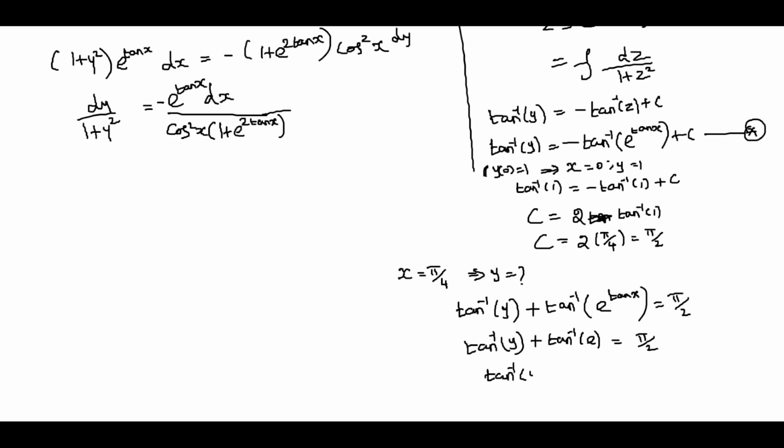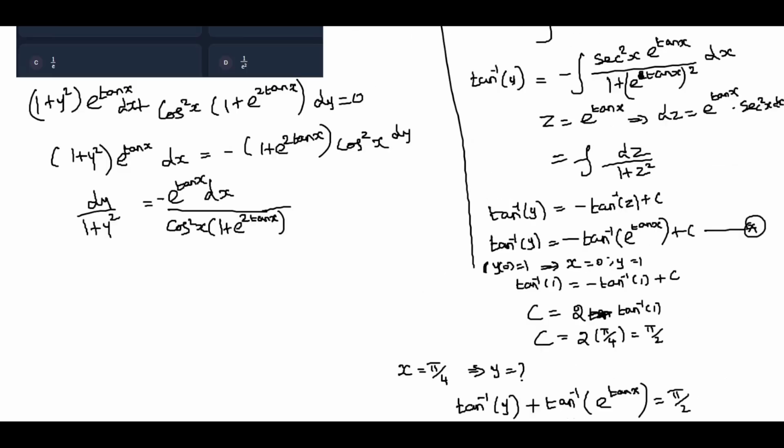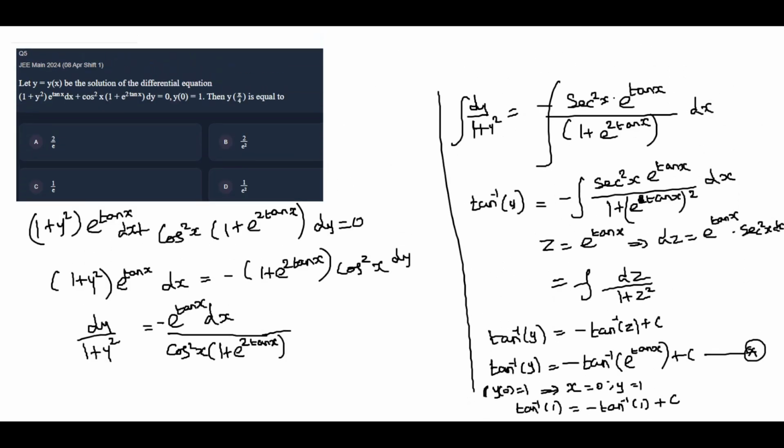So tan inverse of y equal to pi by 2 minus tan inverse of e, which is nothing but cot inverse of e, so that y equal to 1 by e. This is the answer. So C is the answer. Next problem, dy by dx